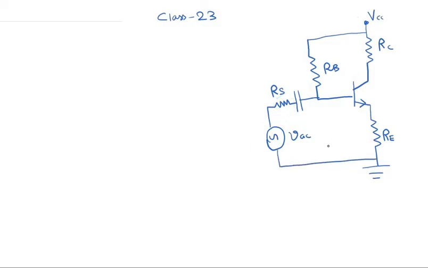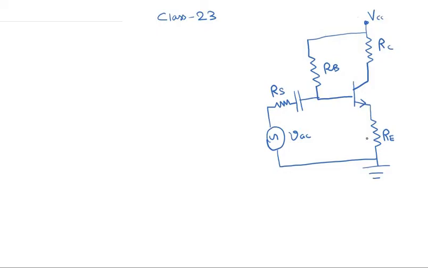Okay, and we are never going to put an external resistor in the path of the AC current flow. Generally we do not put a resistor in the path of the AC current, and we have discussed the reason: the amplitude of the AC voltage is already very small. Putting an extra resistor in the path of the AC current flow basically reduces the AC component of the base current that flows into the transistor, and if the AC component of the base current is reduced, the AC component of the collector current would also be reduced.